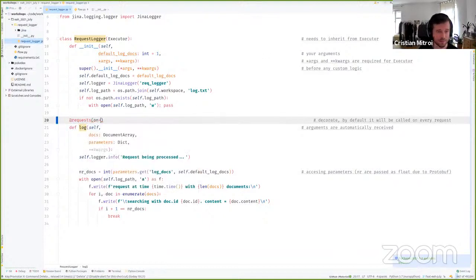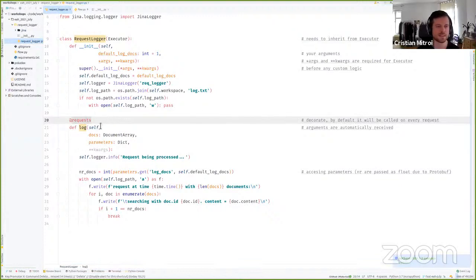But you can make it more restrictive by saying requests and then on, and then let's say we want this to be called only on index operations. And this string can be anything. It can be update, but it could also be whatever method you want to call it. I will keep it generic.